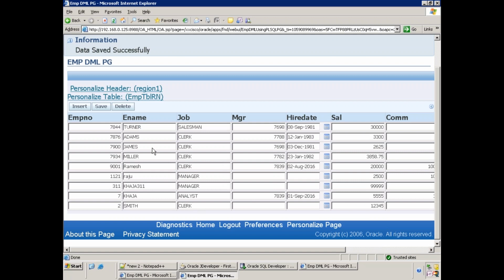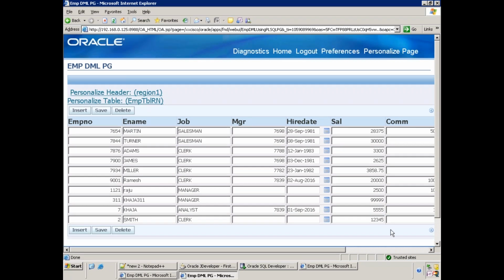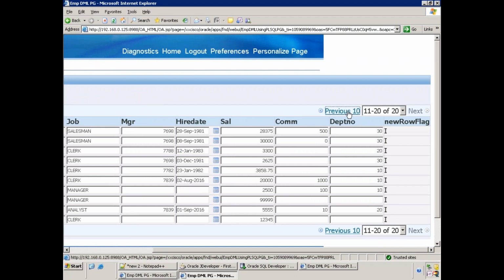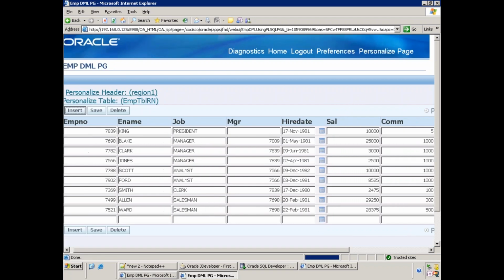And we can perform the insertion also, now in parallel. Now click on insert. It is inserting at the first position. Let us say I'll mention my username as 5213, and 7839.